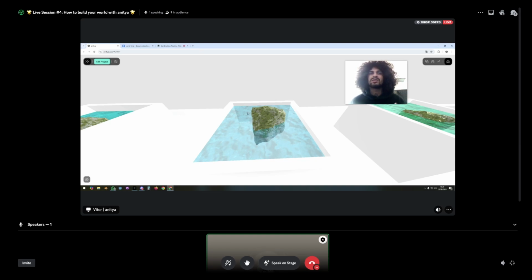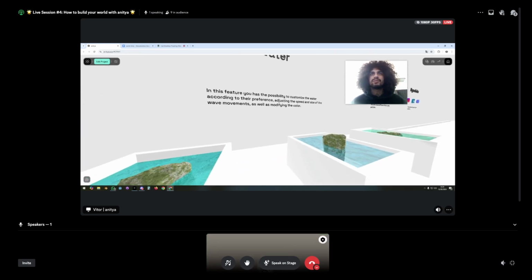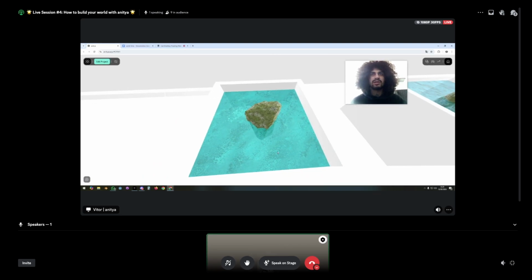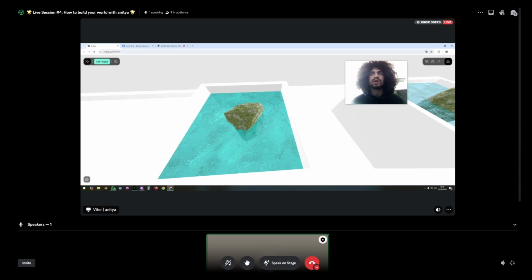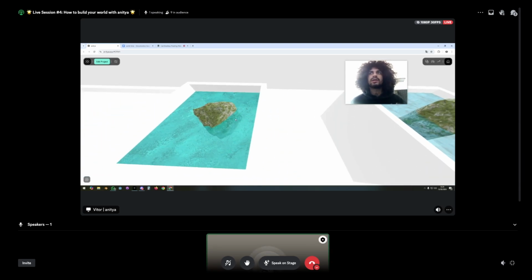We have the water shader, this ocean shader with waves, wave speed, height, and controlling the color, the transparency, all that. The normal, as you can see, is very different. The way that the light interacts with this one and with this one, so everything is editable inside of